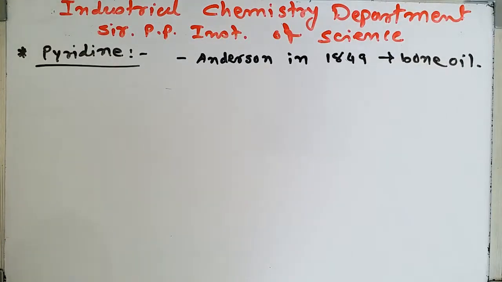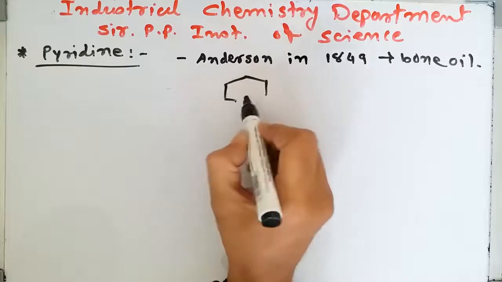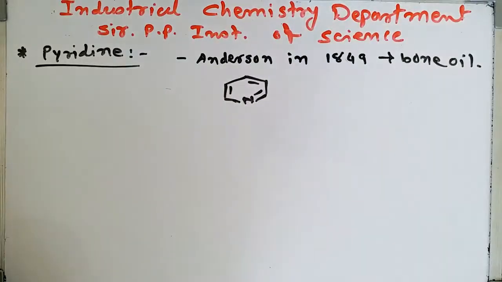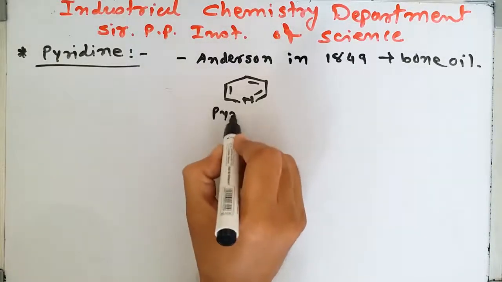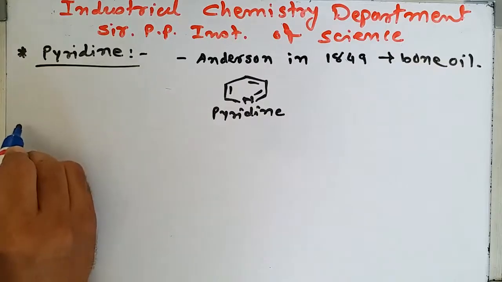Now we draw the structure of pyridine. Pyridine is a six-member heterocyclic ring and the heteroatom in pyridine is nitrogen. So a six-member ring containing one nitrogen atom as heteroatom is known as pyridine. This is pyridine. Now we see some syntheses or preparations of pyridine. First of all, we see the first preparation